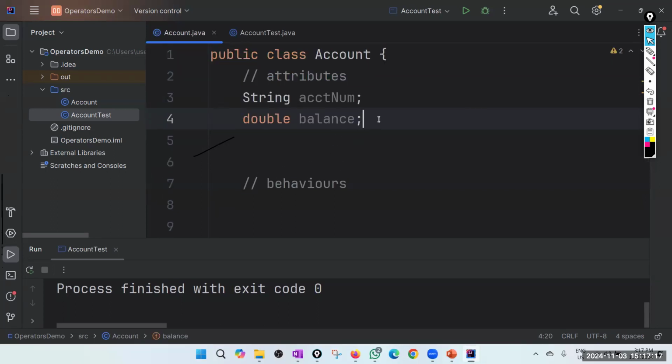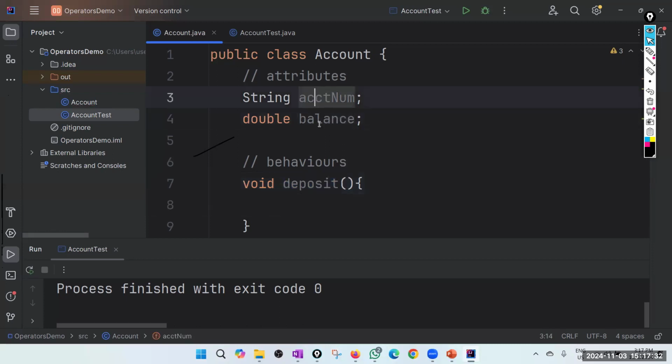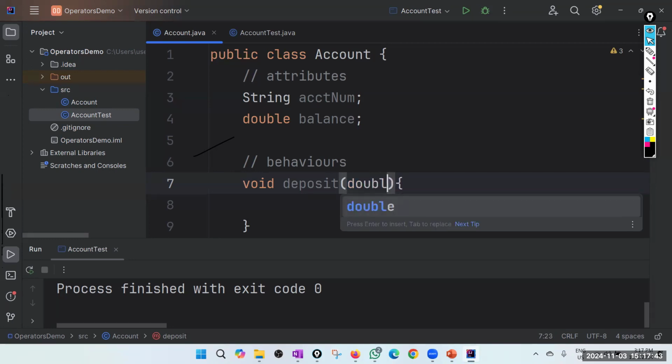So then the behaviors like deposit, withdraw, say void deposit. These are just methods. Okay. So remember your behaviors have access to the variables, the instance variables. So here, when you deposit, you must say how much you deposit. Okay, so let's have a parameter. Say double amount.